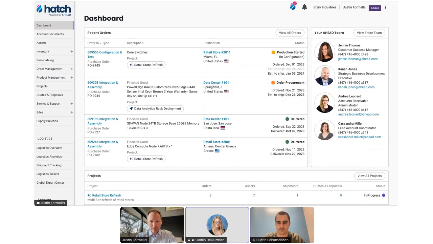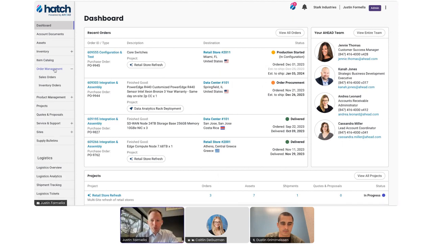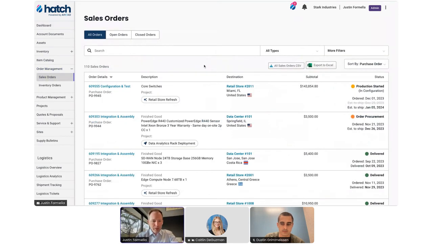The next one I have, there's a few of these. Is this multi-vendor supported? And also, you've shown a lot of Cisco networking integrations. Does Hatch have the ability to get data from other vendors? So it does, and that list of vendors continues to grow every month.